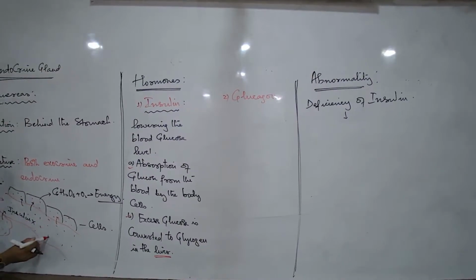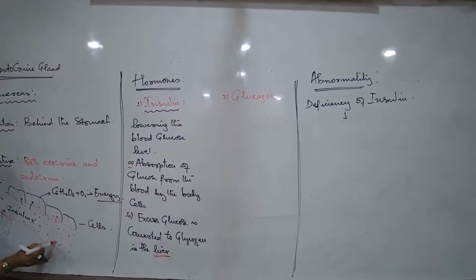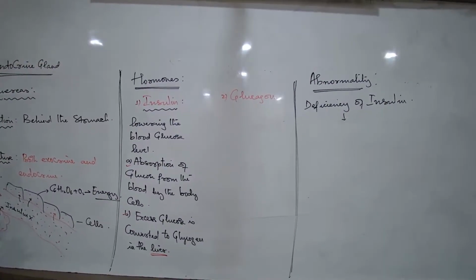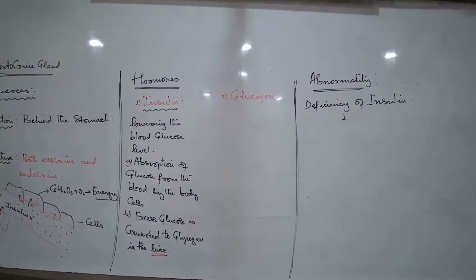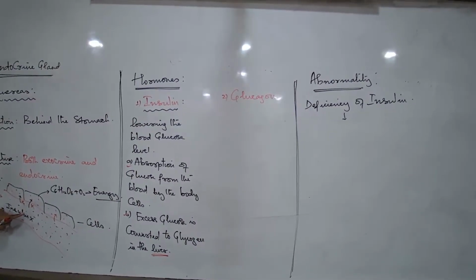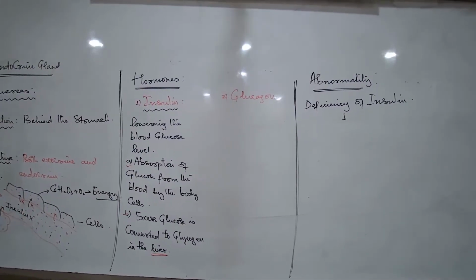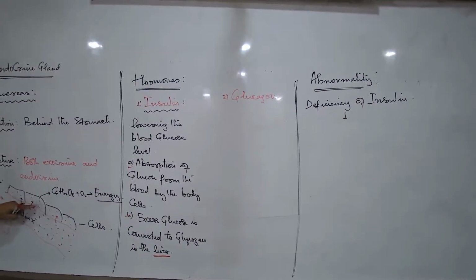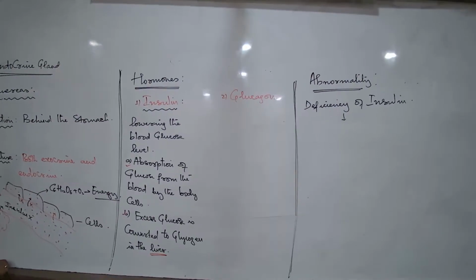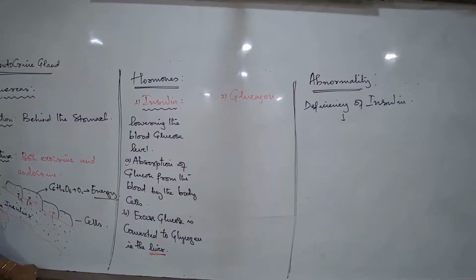In his body, insulin is much lesser, deficient, that is why glucose remains as it is in the blood, and the process of absorption is not happening. So he takes the blood test after 2 hours, after 3 hours, after 6 hours. Always the blood glucose level is still high. So what is the problem? The problem is body cells are not able to pick up glucose from the blood. That is why the glucose concentration in the blood is persistently high.